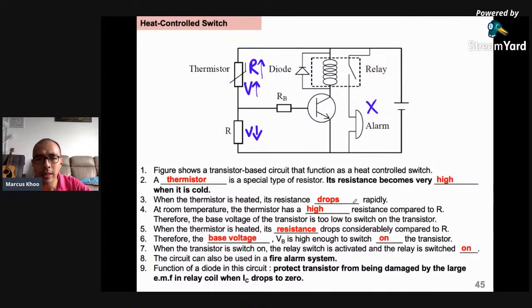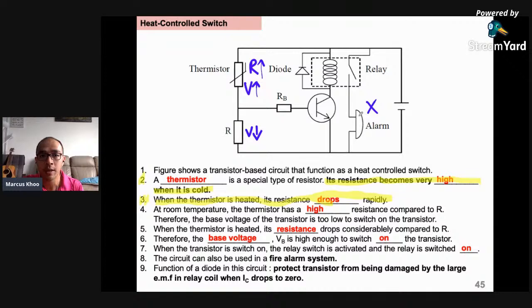Okay, so all this explanation, yada yada. But this is the important thing lah. If there's an important thing that you need to remember, it is point number 2 and point number 3. Resistance becomes very high when it is very cold, and when the thermistor is heated, the resistance drops rapidly. Okay, so resistance drops, here resistance high, voltage high, transistor on, collector current flow, alarm will sound, and